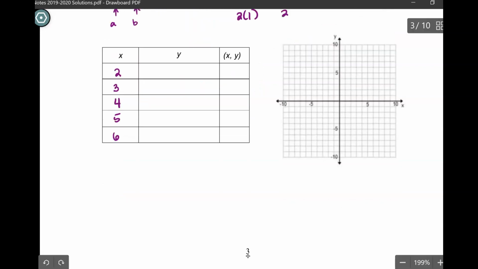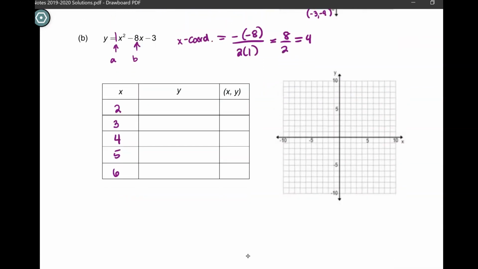And now I'm going to substitute into this x squared, right? So now we're using x squared minus 8x minus 3. So I have 2 squared minus 8 times 2 minus 3. So that will give us 4 minus 16 minus 3. Negative 15, this is going to go off our graph a little bit. So we have 2, negative 15,